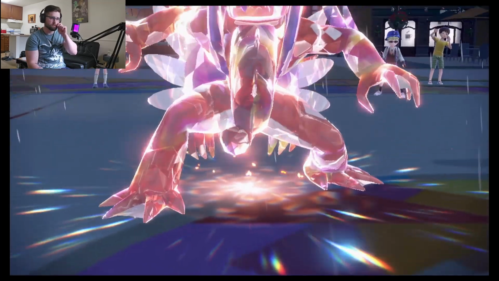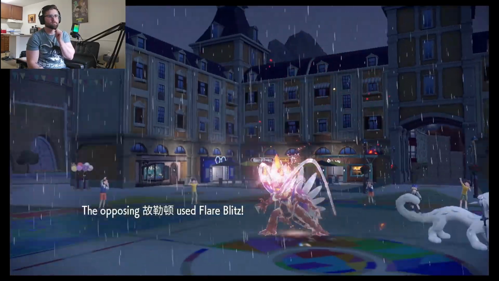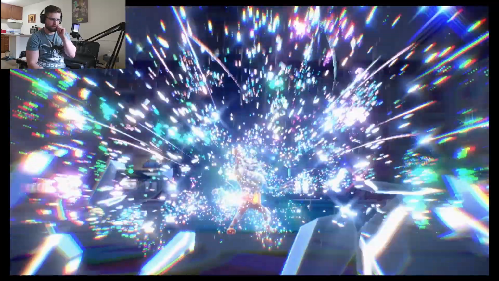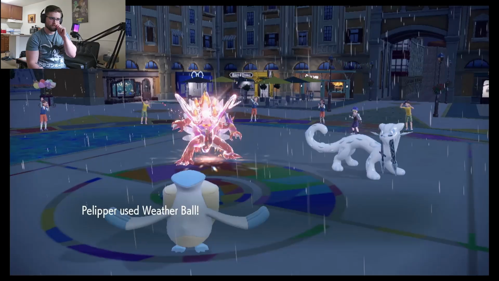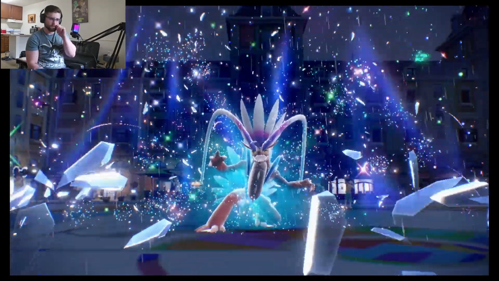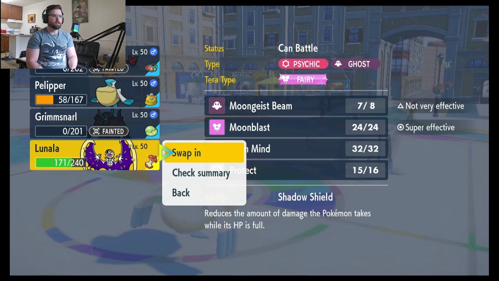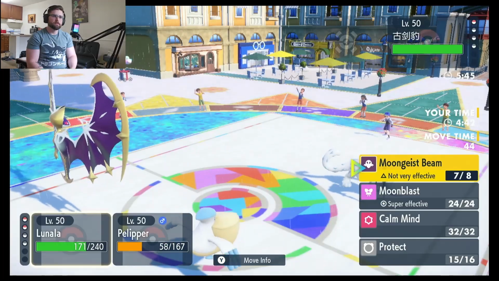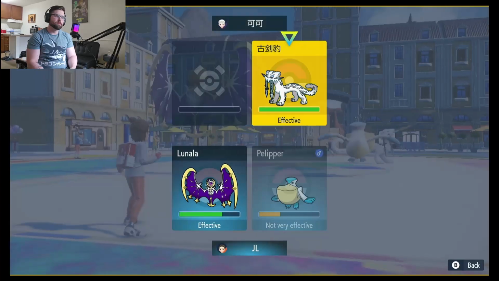Let's do this. Remember, this tempo is -2. Does this still KO? Yeah. That's fine. I get rid of Koraidon. So Chien-Pao's sashed. But Lunala has a lot of health left. And it's -2. I don't particularly feel a need to get fancy here. I just Moonblast. And I Weather Ball. Again. You can protect. But then I get...